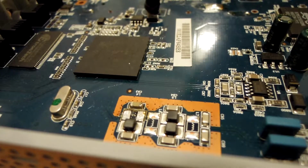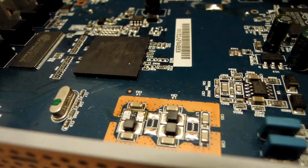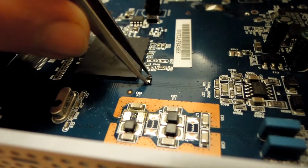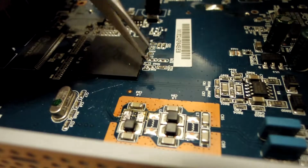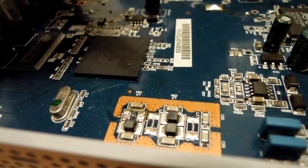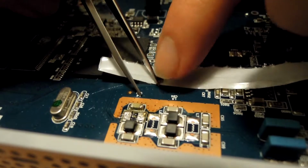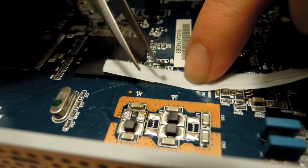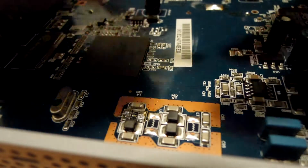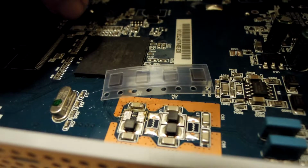Alright, so I've managed to desolder the inductor that was there before. I'll show you what it looked like, or what was left of it. Yeah, that's too much of what was left, so if I just get something that's white, such as this. That's how much was left of it. And these are my new ones. For now I'll fit just one,